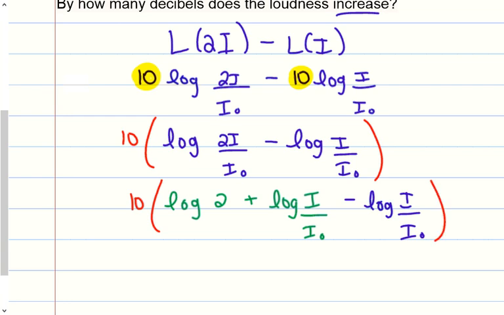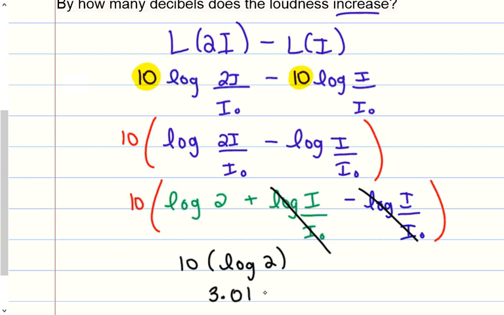The reason I did not want to separate this I and I sub 0 is because right here I have log of I over I sub 0, minus log of I divided by I sub 0. These two right here are the exact same. One's a positive, one's a negative. So they are going to cancel. Then I am left with 10 times log of 2. That right there is something that I can put in my calculator. So if I put in 10 times log 2, I'm going to get